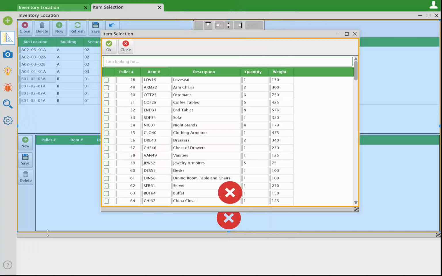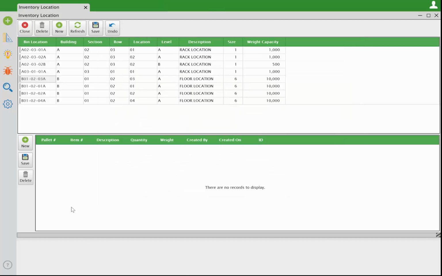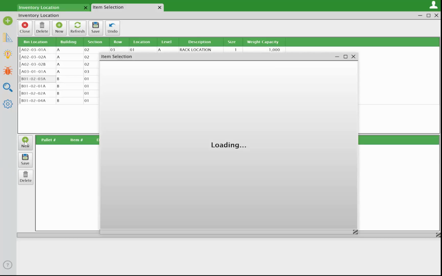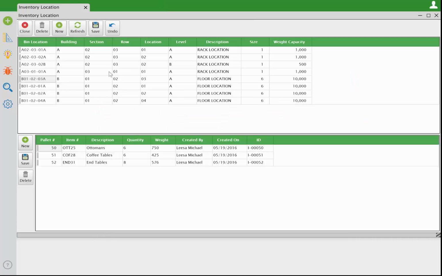So now if we save and close, capture, so you can see our new button. Let's close this view and demonstrate how this works from beginning to end. So if we click on our New button, it brings up our selection view, so we can select a couple of records that we want to add to this location. And if we hit OK, you'll notice that it adds those items to that location. So those items are now associated with B01-0203A location. That is how the link action works.